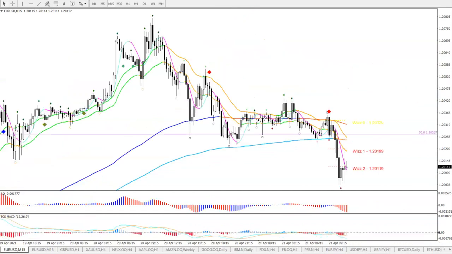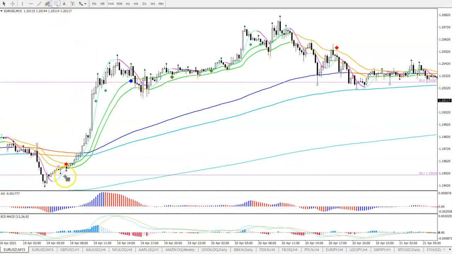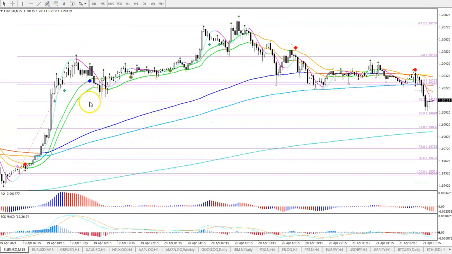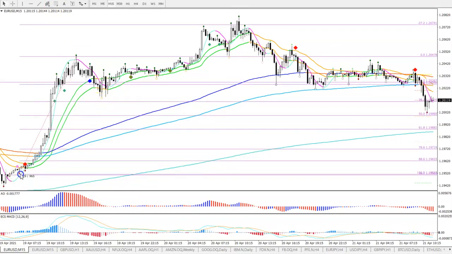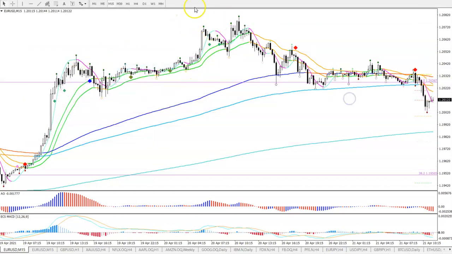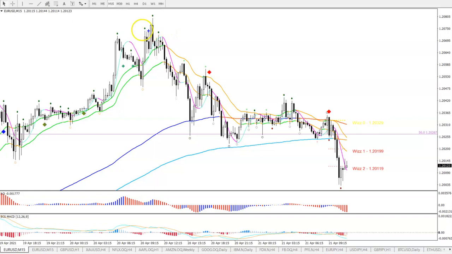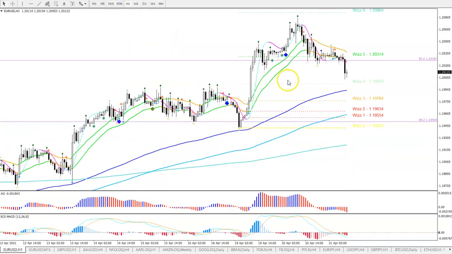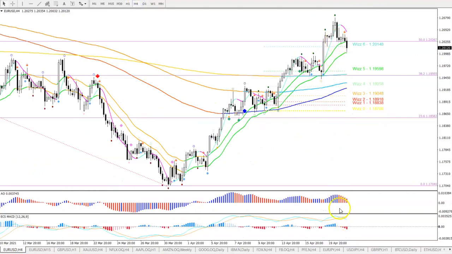And you see that flag pattern also respecting the 38.2 fib, or almost, let me correct this a little bit. Yeah, close to the 38.2 fib, going up to the minus 272 target right there. So we got the bounce in this zone. I don't know if there are any reversal traders out here, but it could be traded with, for instance, the